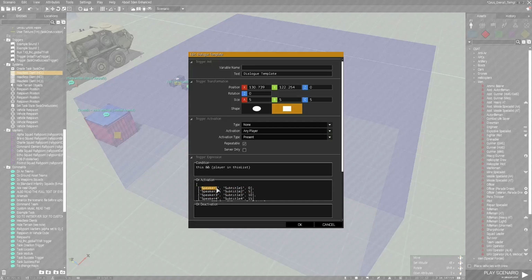So change speaker 1 to, I don't know, a random rifleman around the base, and number 2 to an officer that's just standing next to him. And if you want them to say stuff, you can just replace it here in subtitle 1 and subtitle 2. This will show up as a subtitle at the bottom of the screen when the player walks into the trigger area. And the number after it is the time until the next